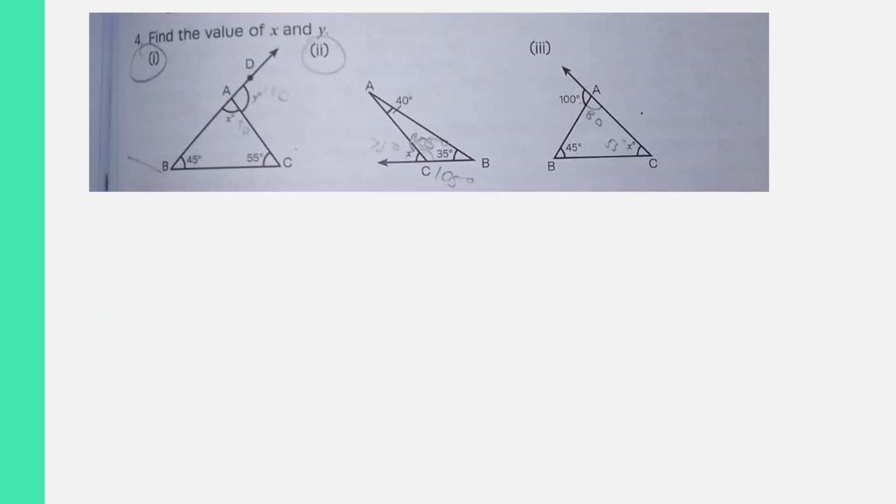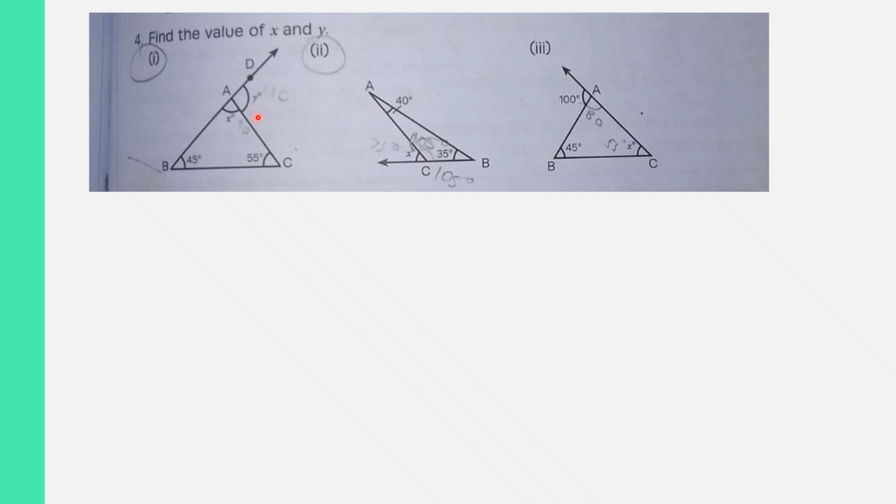Okay, so coming to question number 4, which is also interesting. You have to find the value of x and y. Now there are two values which are unknown, which are x degrees and y degrees. First, if you look at x degrees, this is the interior angle, and if you look at the y degrees,